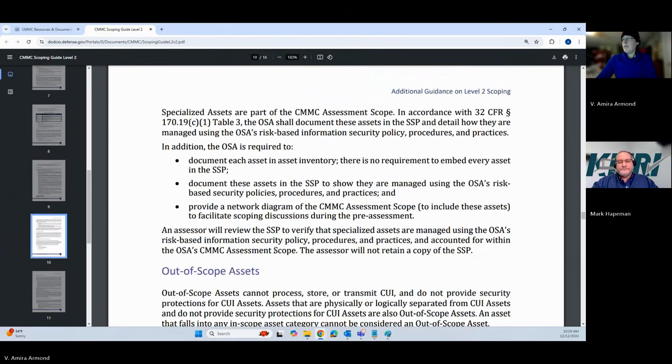So anyways, an assessor will review the SSP to verify that they're managed using your risk-based information security policy, procedures, and practices and accounted for within your scope. And that's really it. We're not going to try to tell you whether or not they need to be patched or multi-factor authentication or whatever.